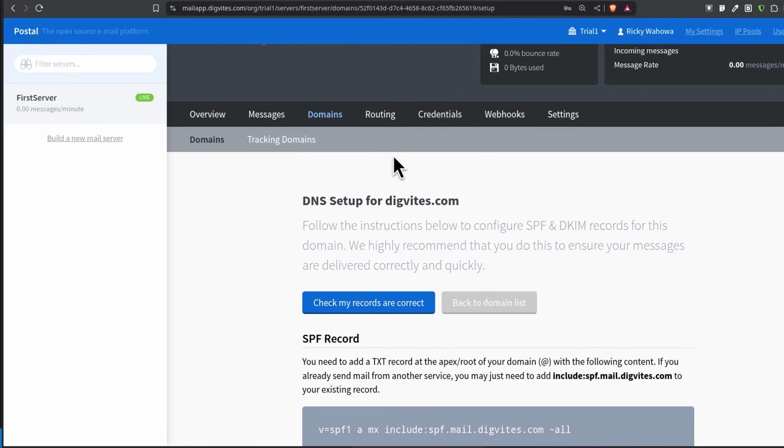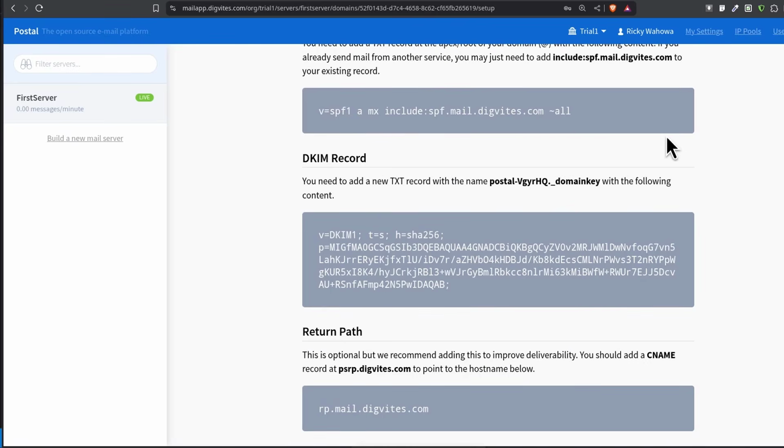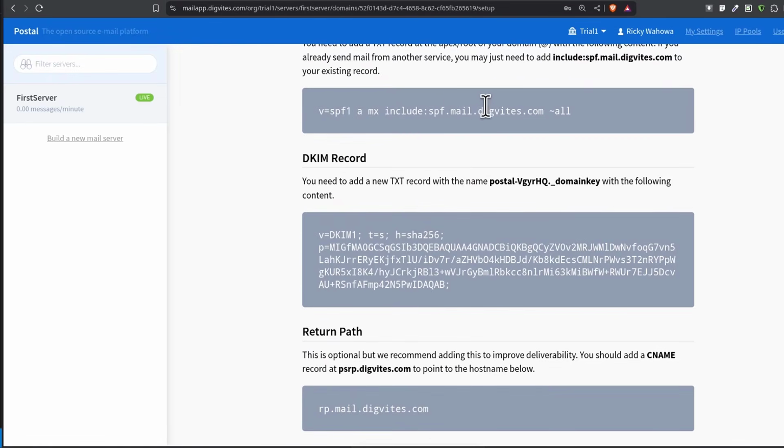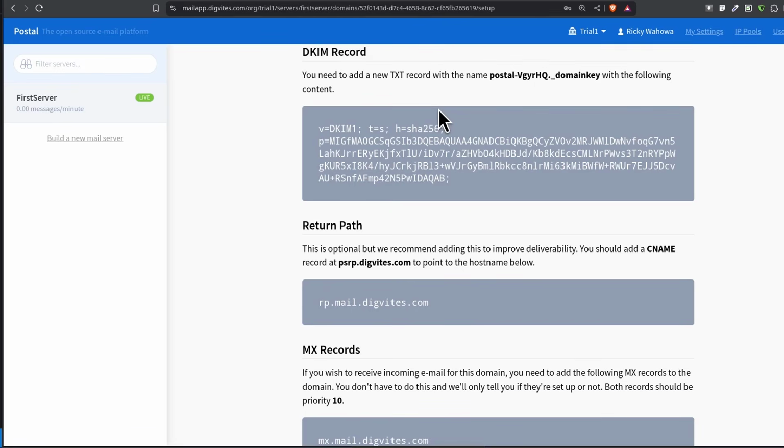Let me see what else I need to add for this. Okay, so for the SPF record, include this. I really don't need to add this because I've already added the IP, so I don't think this is really necessary. But if we receive any errors once we start checking our emails, we'll see if that is something I need to add. This is important.